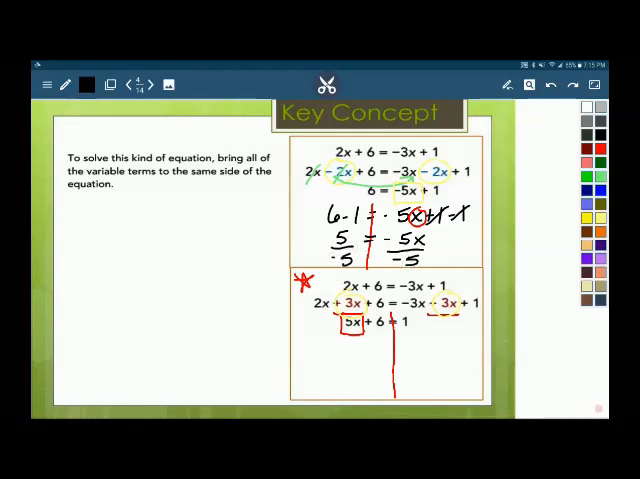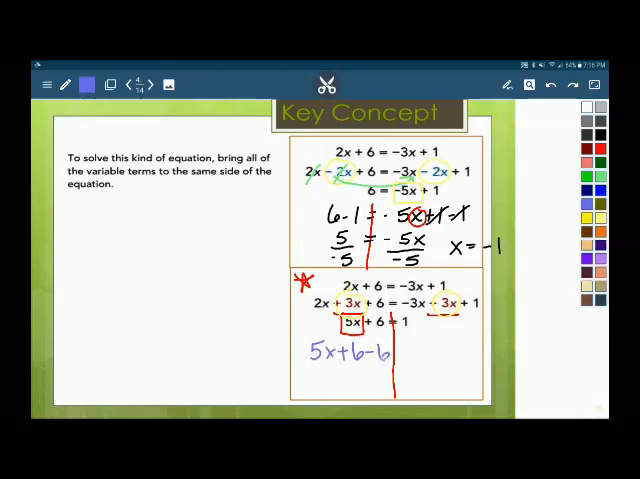Positive 5 divided by negative 5 is equal to negative 1. But you can do the same thing with the method that I started with on the last slide. If we have 5x plus 6 equals 1, since x is on the left side in this example, we would then subtract 6 first,